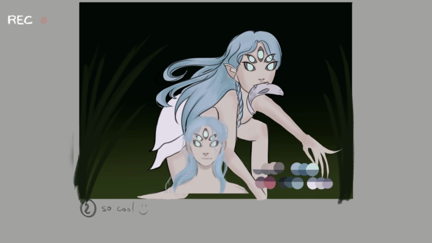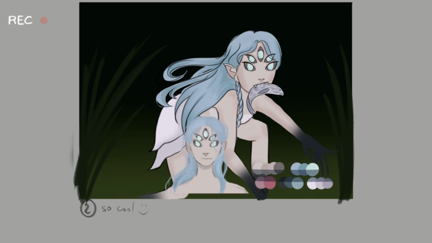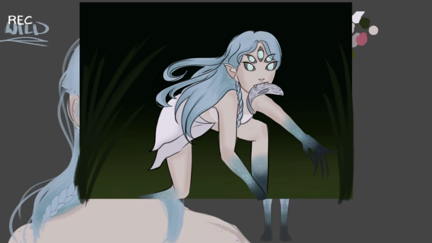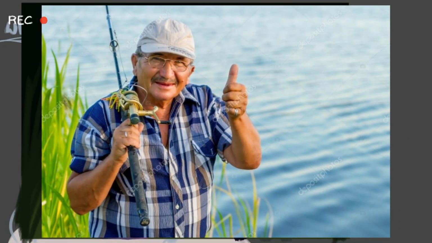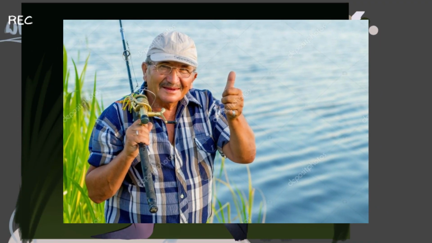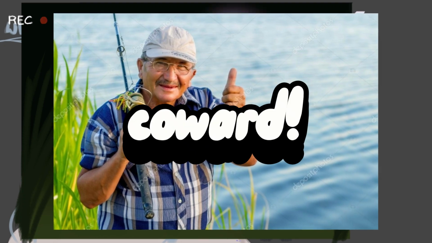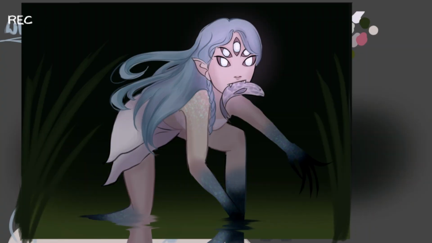As to the creature's point of view, I imagine that she was doing her usual thing, hunting for fish, as one does. And the only appropriate and cool method to catch fish is to catch it with your mouth. I want to make the statement that I truly believe that all fishers that catch their fish with a fishing rod are simply cowards that aren't ready to truly embrace the art of fishing, okay?